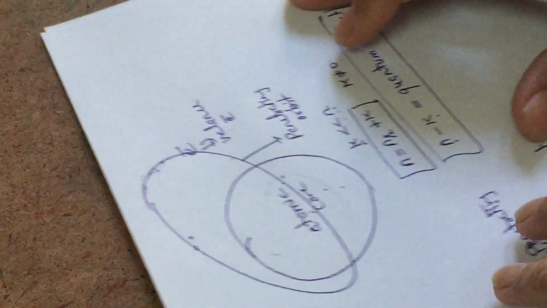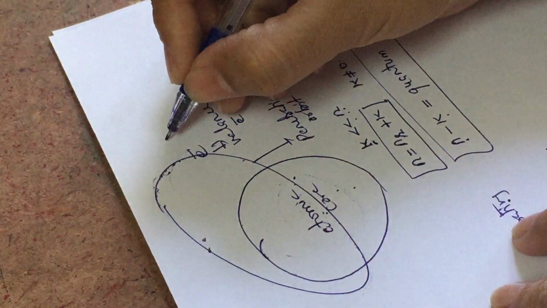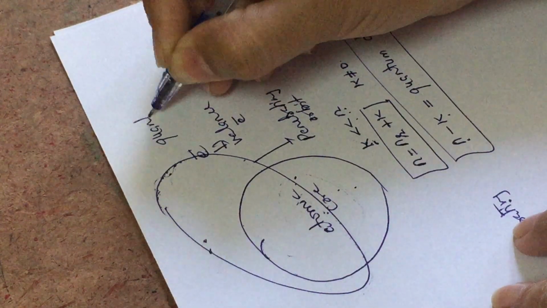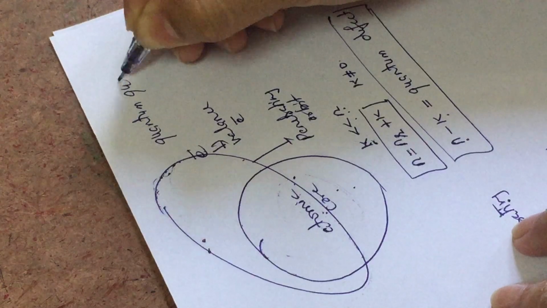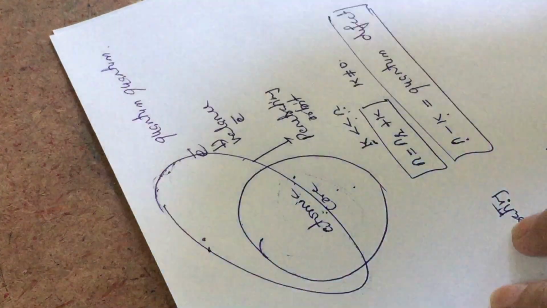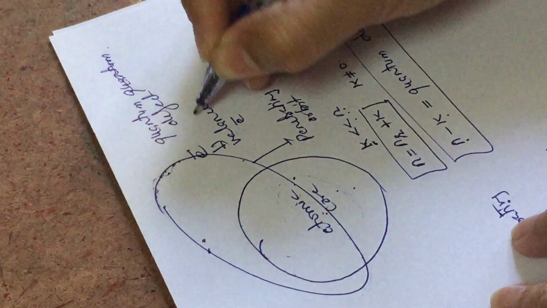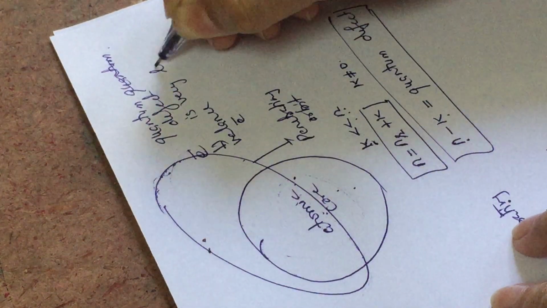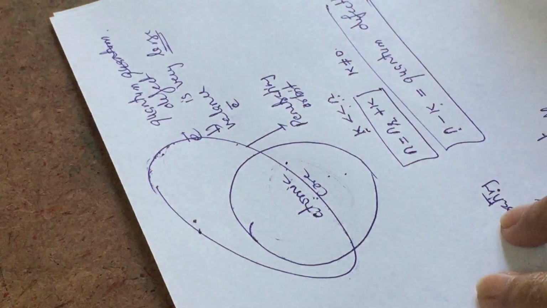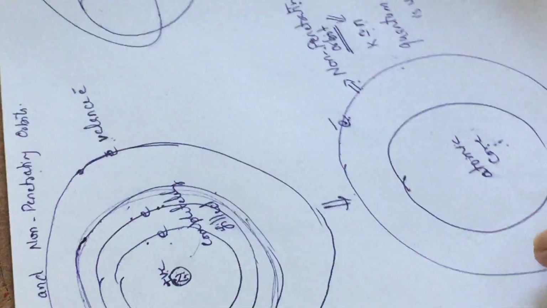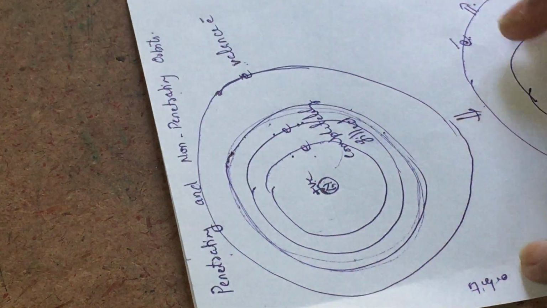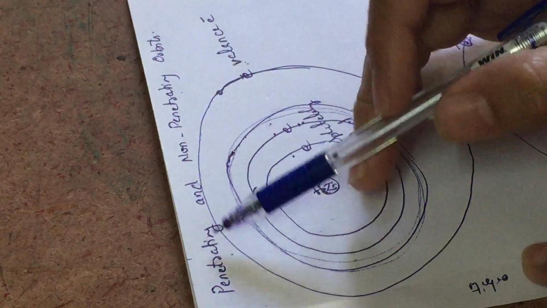In a penetrating orbit, the quantum defect is found to be very large. Hence, if you have a question where you have to differentiate or define the penetrating and non-penetrating orbit,